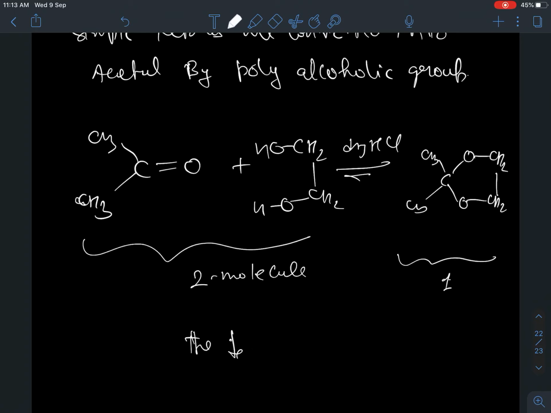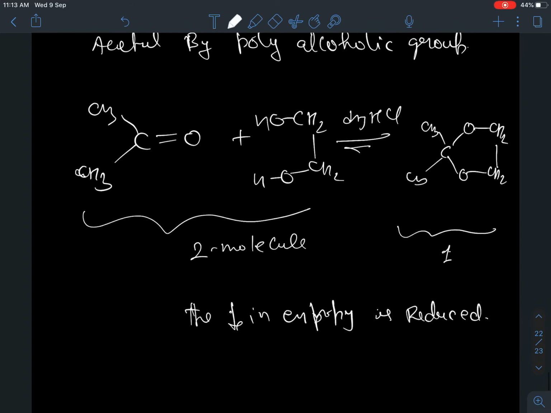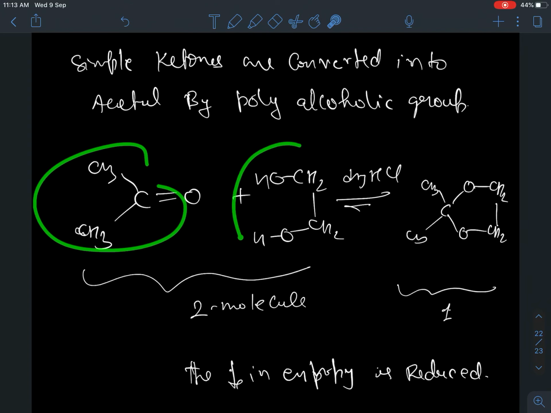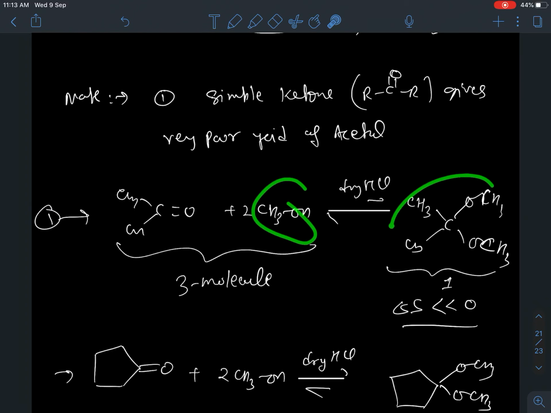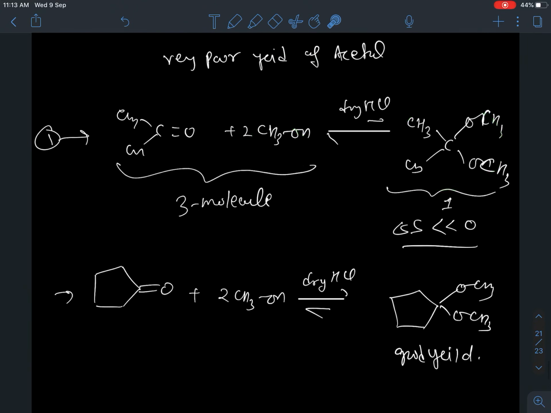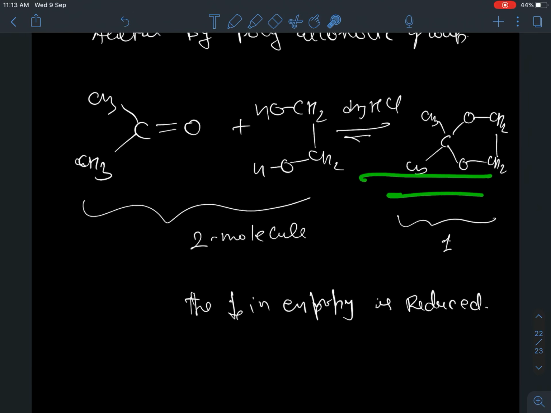The decrease in entropy is reduced. So that is the reason that it do reacts with the polyol group, but it do not reacts nicely with this. I mean, the yield is very poor, whereas the yield in this case is quite better. Right. Now the next part is cyclic. You can go like that and you can make many such cases. Now what is the application of this acetal and hemiacetal formation?